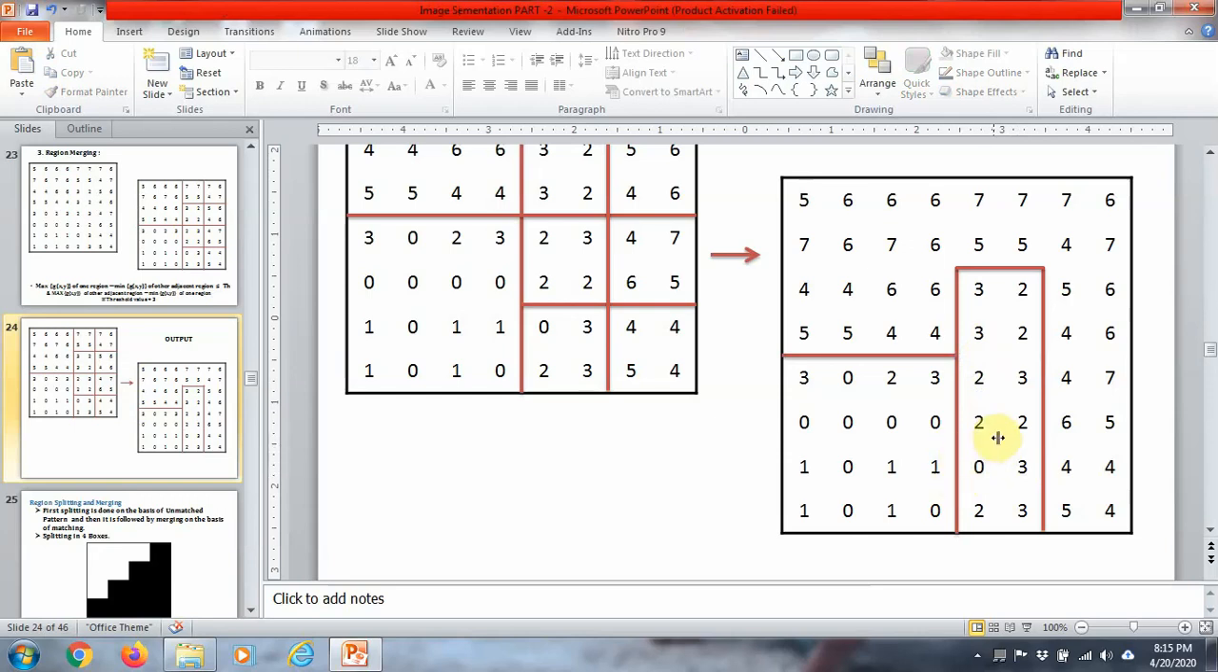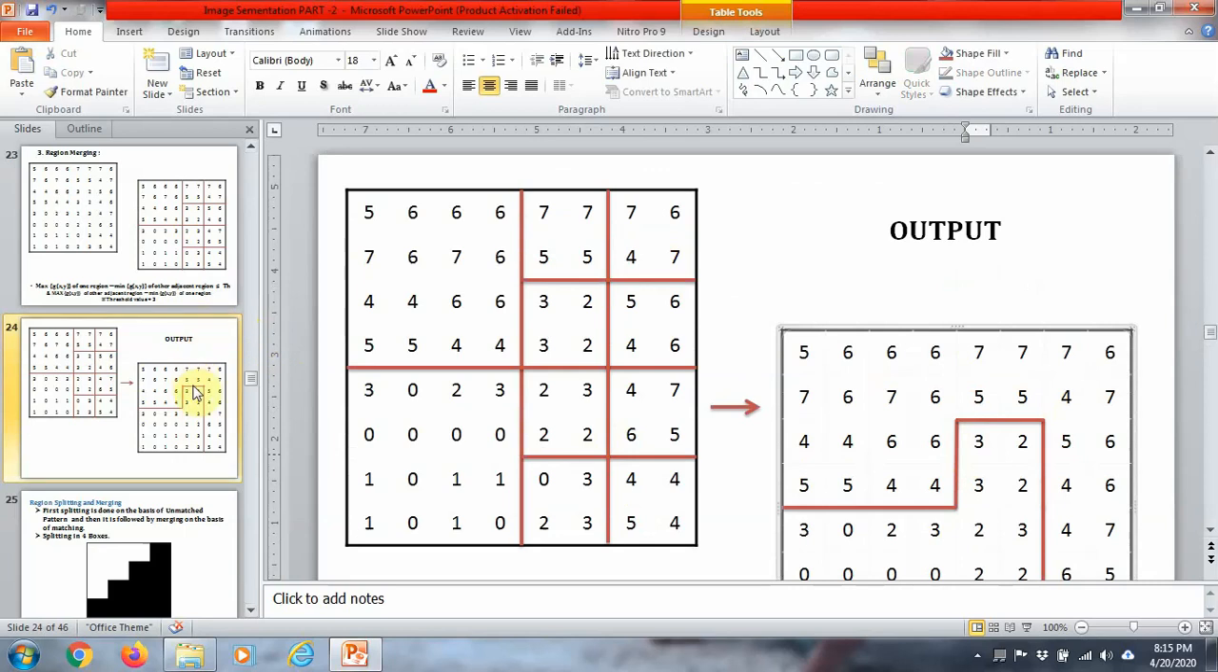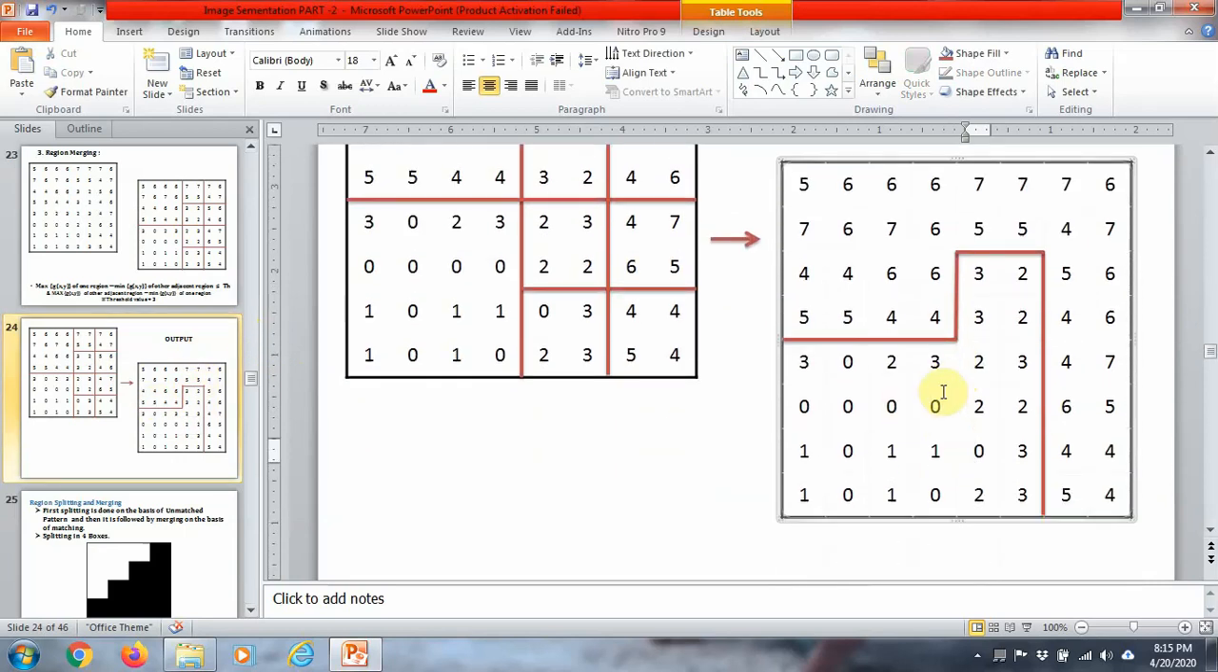Now, maximum is 3 minus 0, 3 minus 0 is 3. Yes, and then maximum is 3, 3 minus 0 is 3. Yes, so I can open this region. Now, this is the region merging, and this is the output when you merge all regions based upon the similarities, based upon the threshold value condition. Okay,